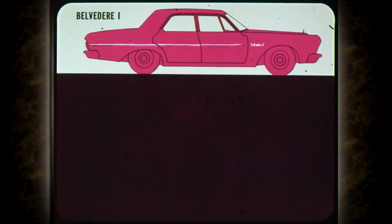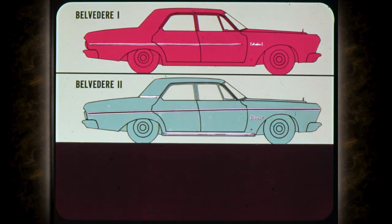Speaking of models, let's see how the members of the Belvedere family identify themselves. Here's Belvedere I with an aluminum side molding and front fender nameplate. Belvedere II has a full-length paint-filled side molding, a stainless steel sill molding, chromed rear pillar strip, and front fender nameplate. Next we have...